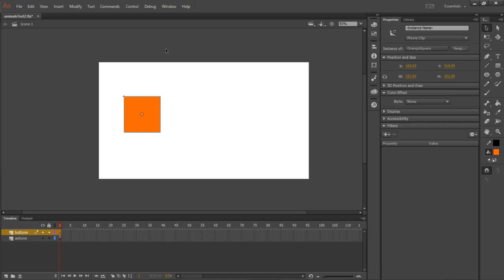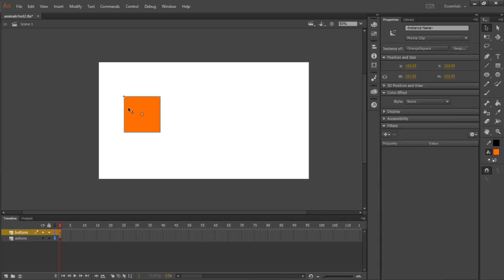You then need to repeat that 2 more times, create 2 more different shapes, different colors, highlight them, give them a different meaningful name. You also need to give them what's known as an instance name. So before you go on to your next one, with that shape selected, if you look in properties, you should see, hang about,